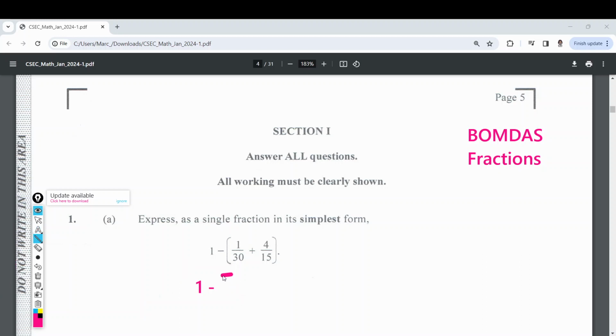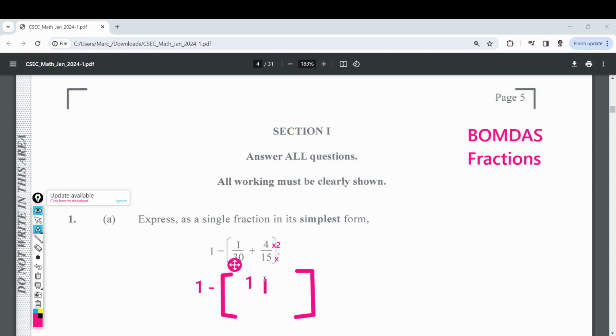So let's get this result here. We have a bracket here, which is 1 over 30, and we'll have 4 over 15. So this is pretty easy now, guys. All we need to do now is multiply. We can multiply the top by 2 here and the bottom by 2. 4 times 2 is 8 and 15 times 2 is 30. So we're going to end up with